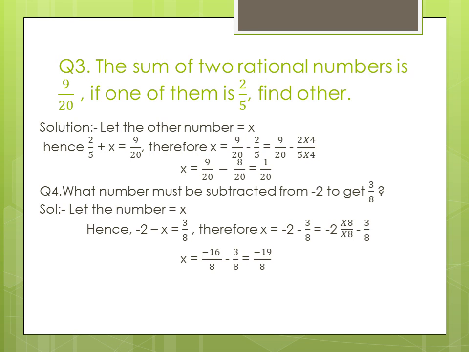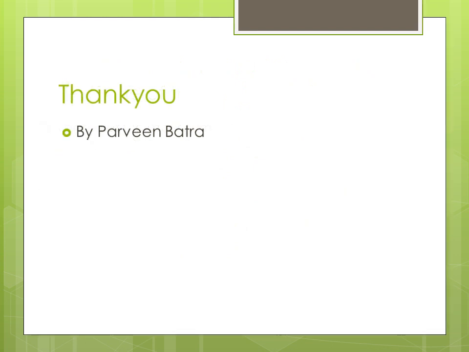Okay, so now 2 doesn't have any denominator, that means we can take it as minus 2 upon 1. Now the LCM of 8 and 1 is 8, we have to make it 8. So we have to multiply it by 8, 1 in the denominator. So we'll multiply and divide it by 8 to get minus 16 by 8. So here both the denominators are 8. Now we can simply solve it. So minus 16 minus 3 will give us minus 19 upon 8 is our answer. I hope you understood each and every question and different types of questions, and you will be able to solve your textbook questions also.